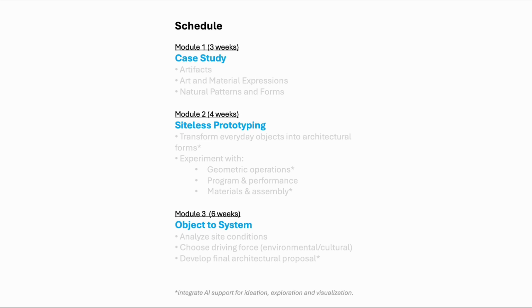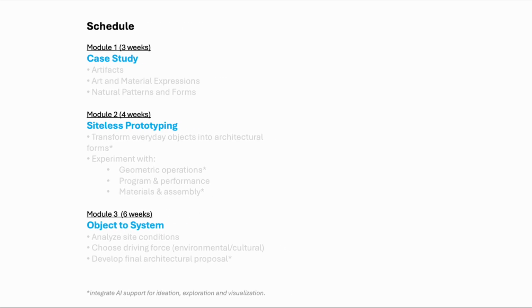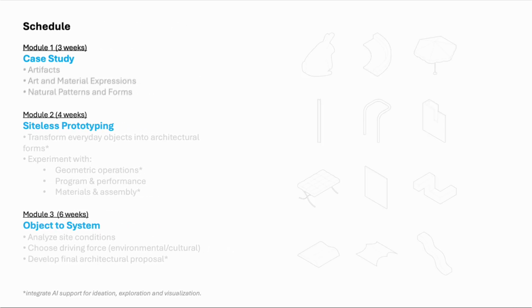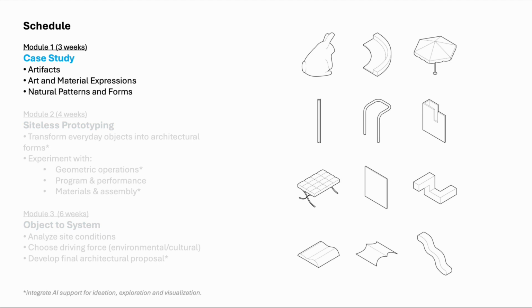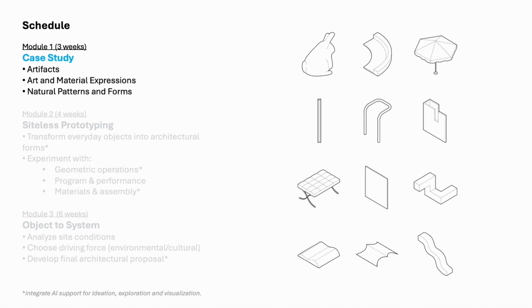We will begin with traditional architectural methodologies, such as precedent analysis and diagramming, and integrate computational tools to expand the scope of design possibilities. The studio consists of three main modules. In Module 1, students will analyze case studies by selecting everyday objects from categories such as products, art and material expressions, and natural patterns. Working in teams, students will research architectural precedents to understand how these objects and forms have